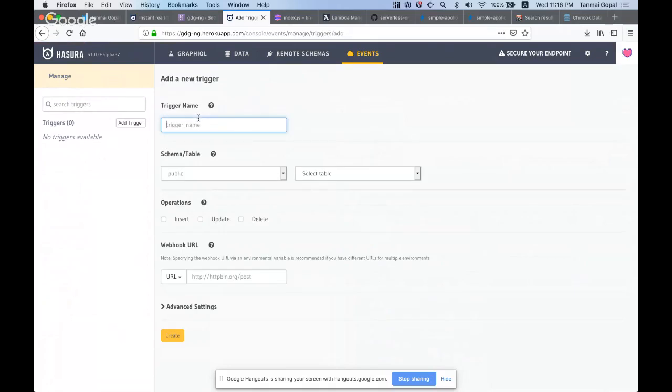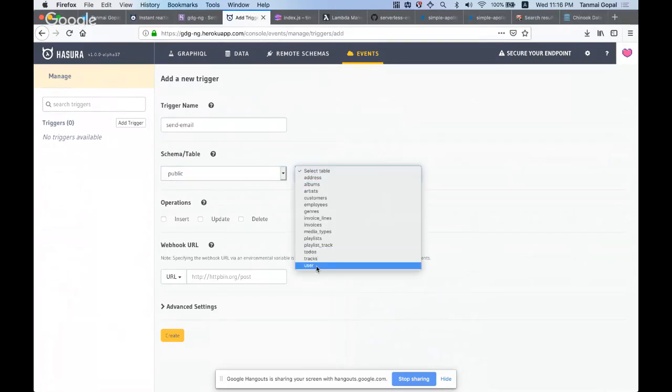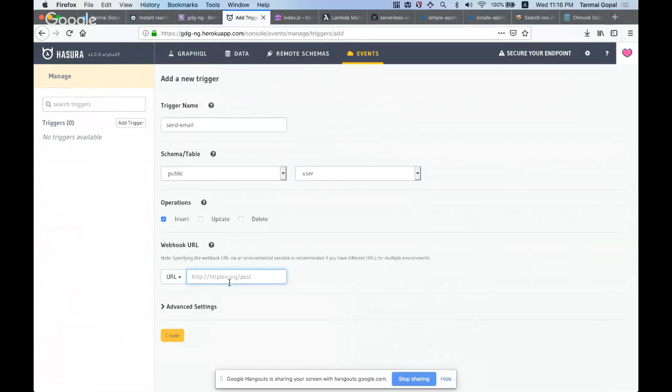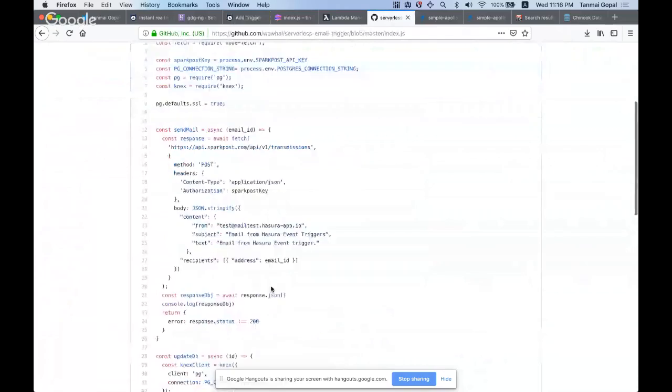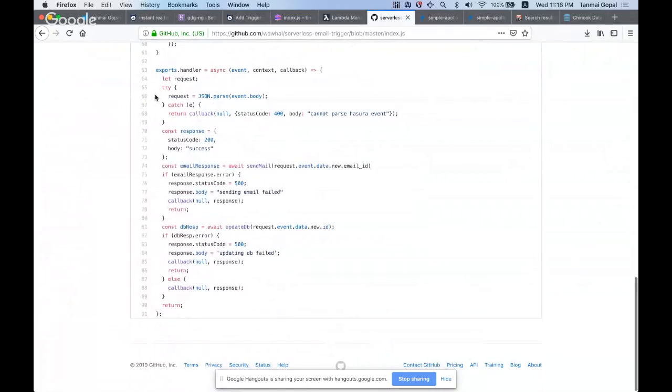And I go in here and I say, let's do a send email. And I want to send an email every time in the user table there is an insert, right? So I want to call this webhook, and this webhook will get the new user that has been inserted, and it will send the email, right? So where's this webhook living? I have this webhook code written here, which is using SendGrid, and it basically tries to send an email using the email ID that is present inside the data, right? So it's going to try to send an email,